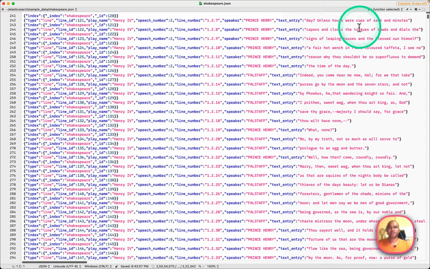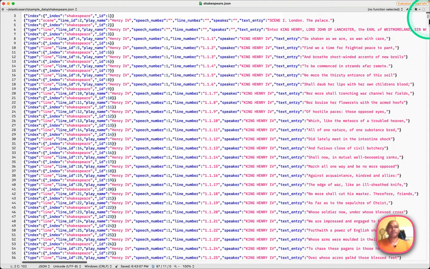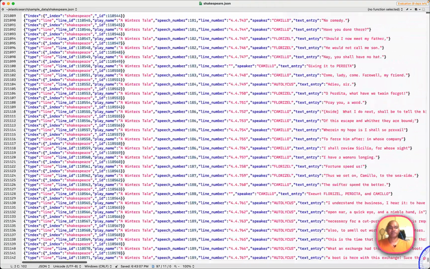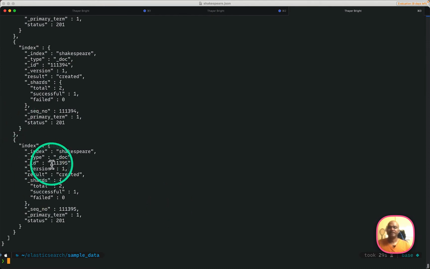If I go to the first line, you will see the index name, ID, and then the actual values: the type, the line ID, play name, Henry, speech number, line number, speaker, and all those things. If I go to the end of it, this file consists of more than 200,000 lines, around 222,000 lines. So my data has successfully populated into